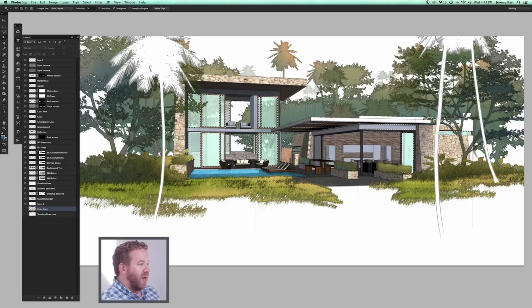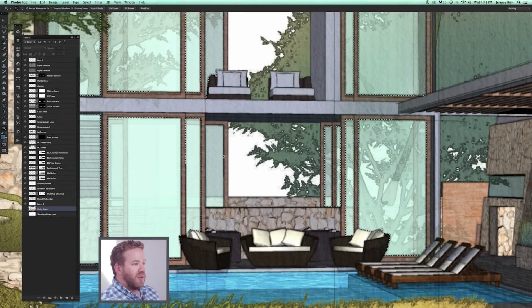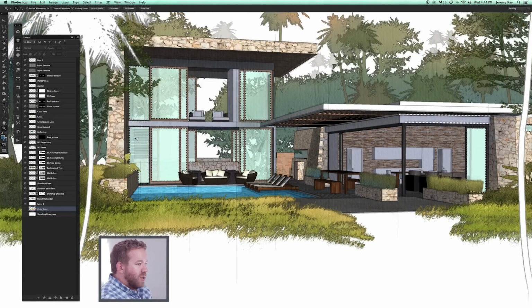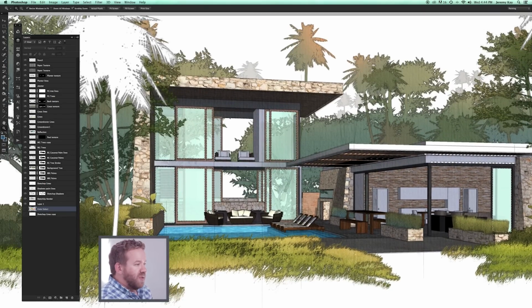Should select all the glass for me, and if not, you can. So what happened there was, for whatever reason, it didn't select all the yellow. I saw that pane in the background wasn't selected. So what I'm going to do is come in with the magic wand, and if I hold shift, I get a little plus sign with my magic wand, and I'm just going to add that to the selection. So I've added to my saved selection